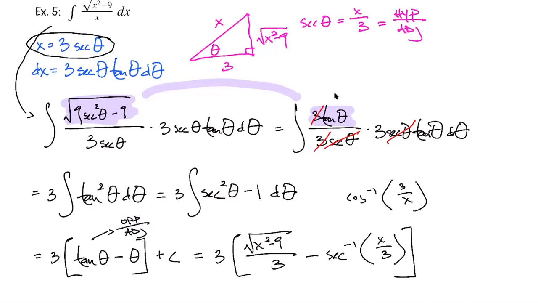That's totally fine. So if you don't like secant, but you think cosine is easier for you to think about, you could do that. You could also do inverse sine of root x squared minus 9 over x. That would be fine. So you have a lot of options to choose from on how you write your theta. It just has to be correct, like it has to line up with your triangle, but otherwise you can choose from any of the 6 trig functions and it would be fine,